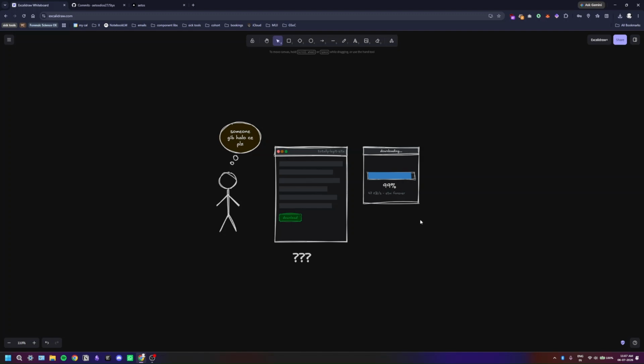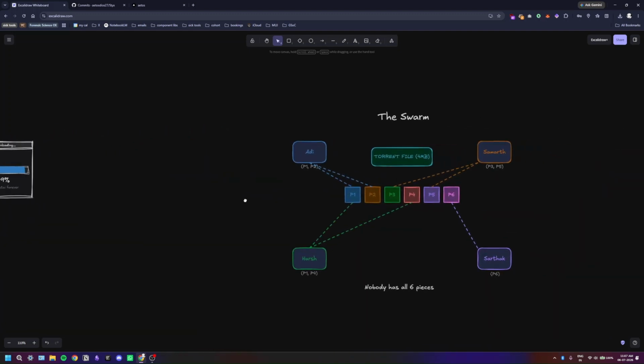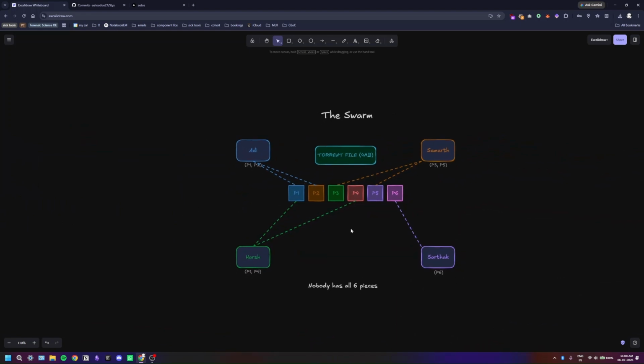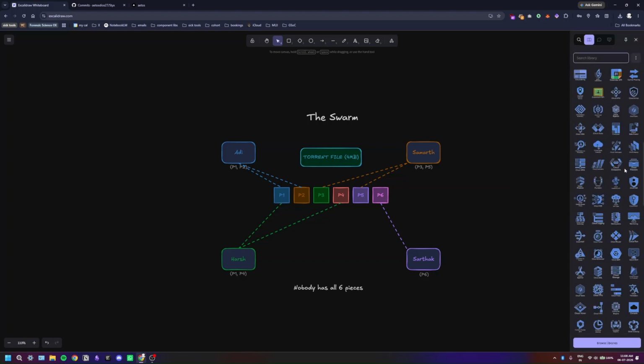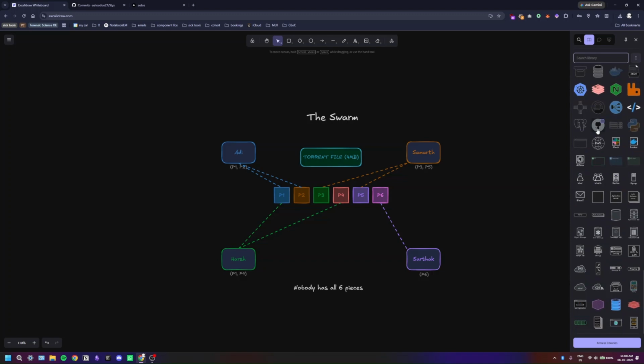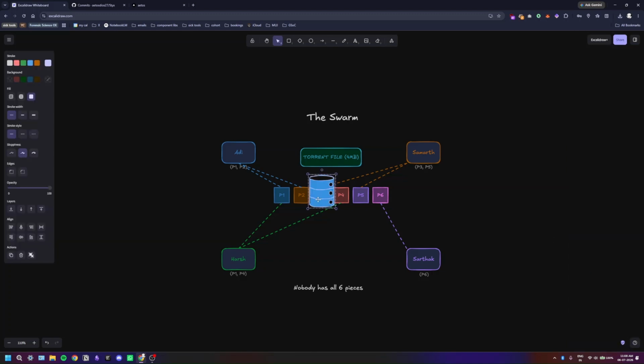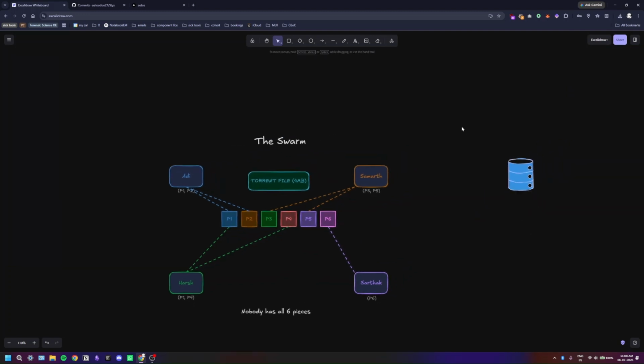Well, the answer lies in this figure, or part of the answer, so to speak. So let's assume there's a 4 MB torrent file. Well, as opposed to, let's say, if I'm able to use something here to demonstrate, let's just say this is a server. It's not, it's a database icon, but let's just say this is a server,